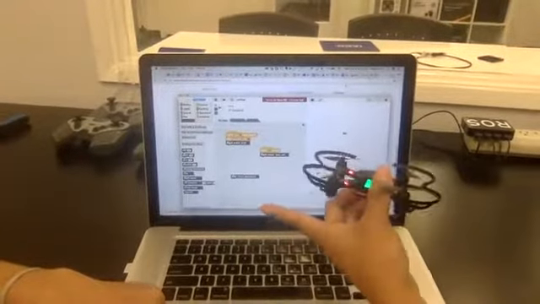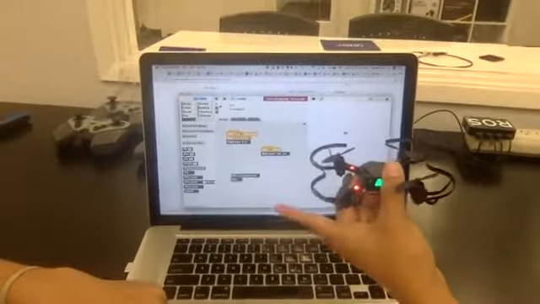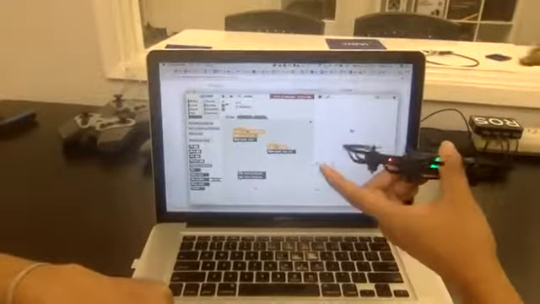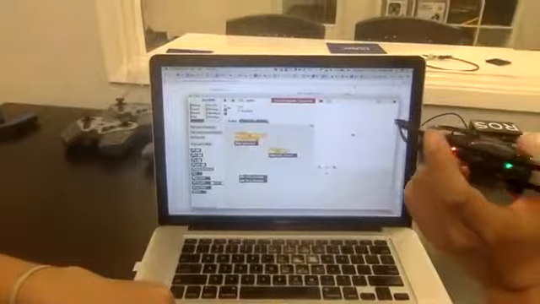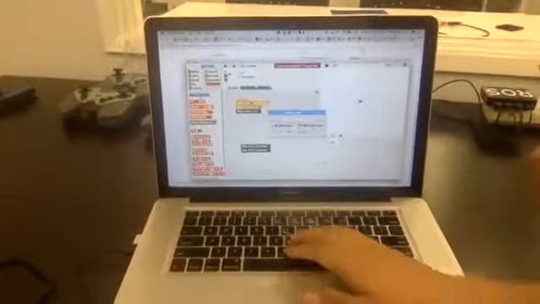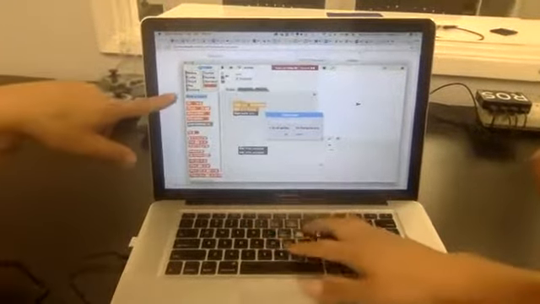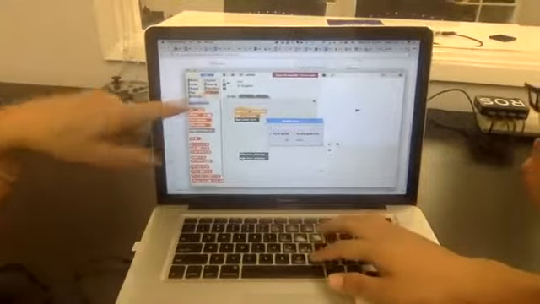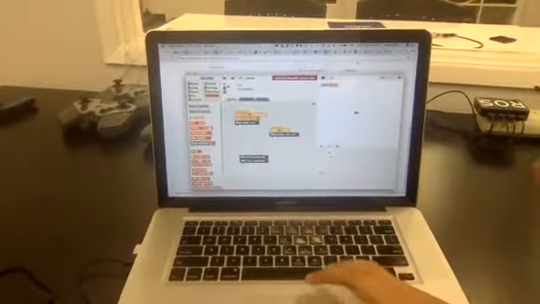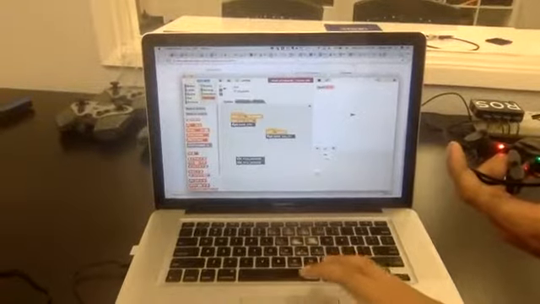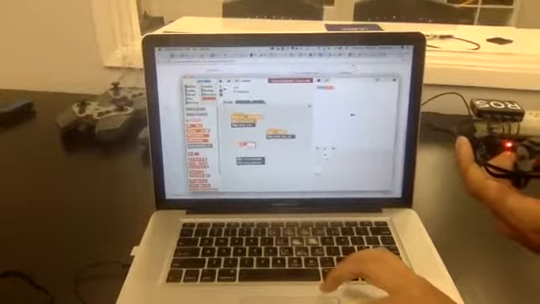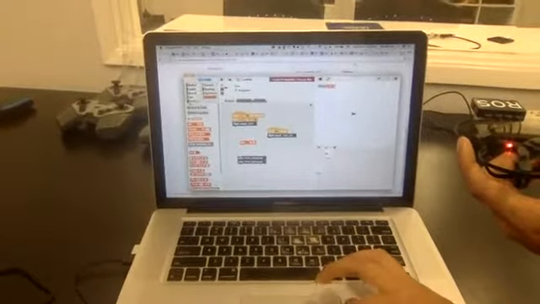Actually, we can also look at the pitch trim value. If you want to see the trim, you have to make a variable here. I clicked make a variable, and make a trim roll variable. Call it trim roll. You can see the variable is in here, and you can set the variable trim roll to